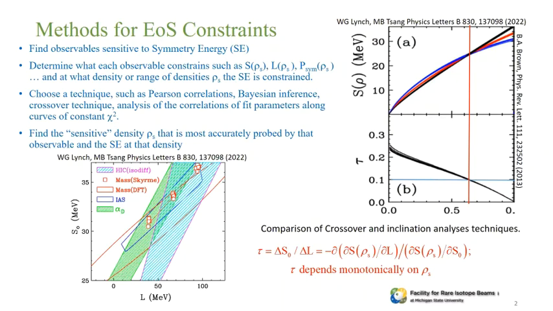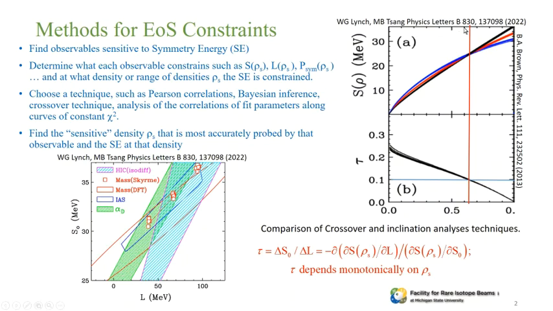Can I just show the one point that gets to this, the nature of the crossover ambiguity shown here. If you look at the figure, and many of them have this behavior, if you look at symmetry energy functions, you find that the symmetry energy functionals cross at a point. And then of course you could, as you say, go and ask with a correlation analysis, you can also assign an uncertainty for the band over here and an uncertainty for the band over there. And I think that's better. The problem is that if you do that,